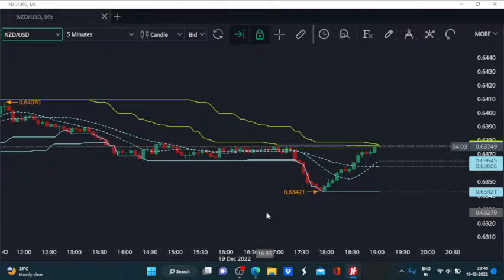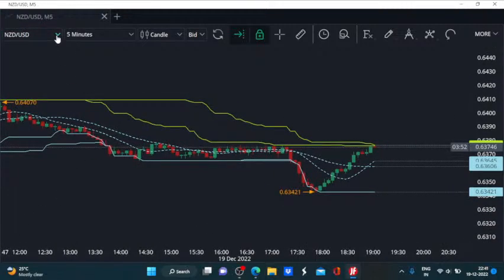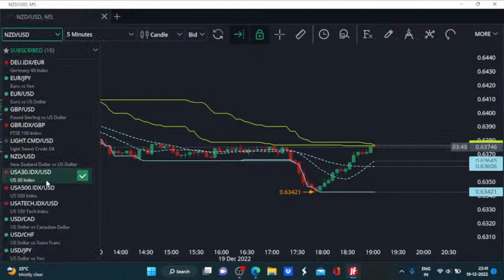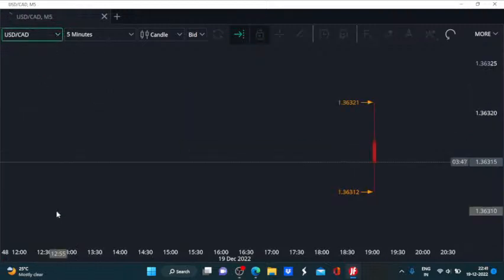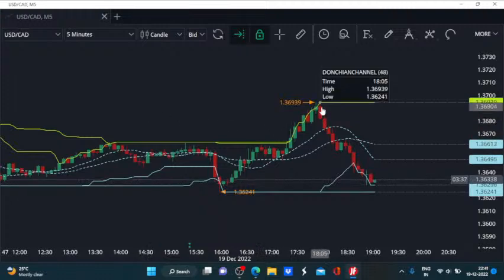So we still have the case for the buy trade to be taken in the Euro and for the sell trade to be taken in the AUD against the dollar. Now we will have to invert the scales as USD is becoming the first currency and then see how things are shaping up. For USD CAD, the turnaround started after making this fresh swing low at 1805 GMT, which is